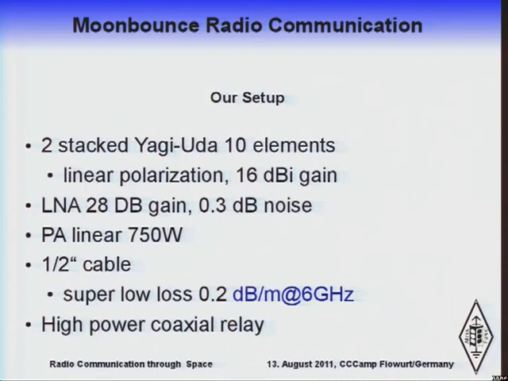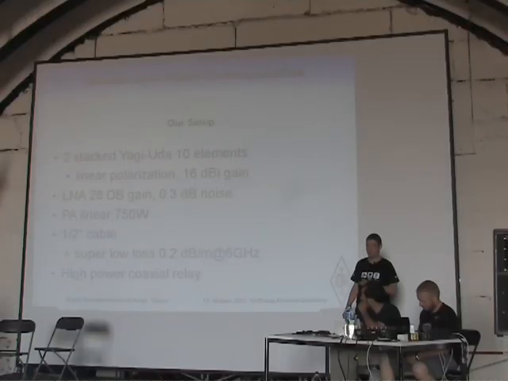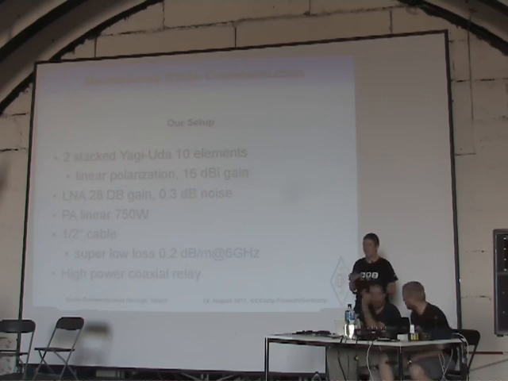That's used for GSM stations. And so it's super low noise, super low loss cable with about 0.2 decibels per meter at 6 gigahertz, which is really, really good. And as I already said, they are using it in GSM stations. They are also using thicker cables, but that's the normal cable when you're going to a small or medium-sized antenna.